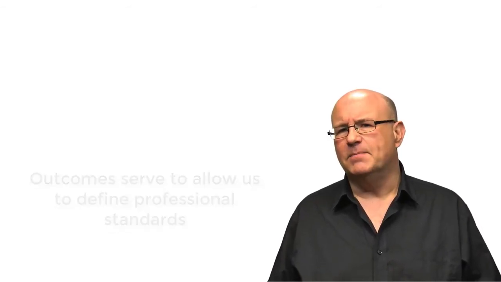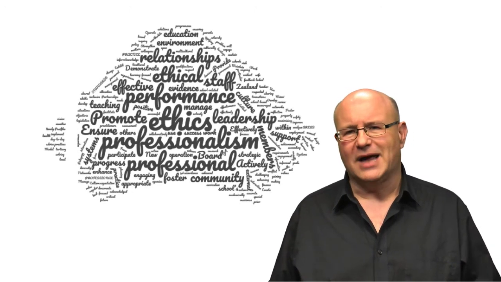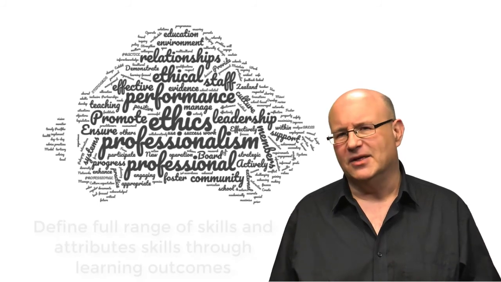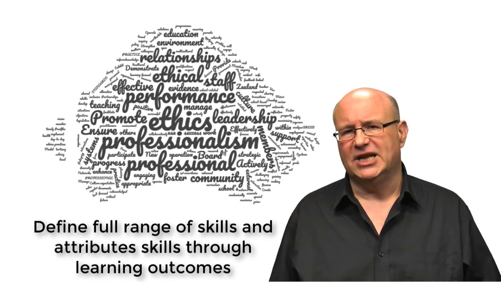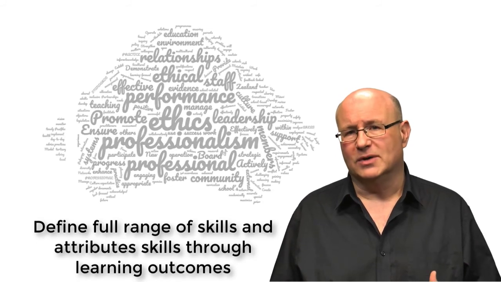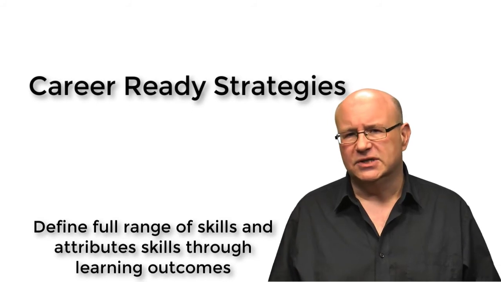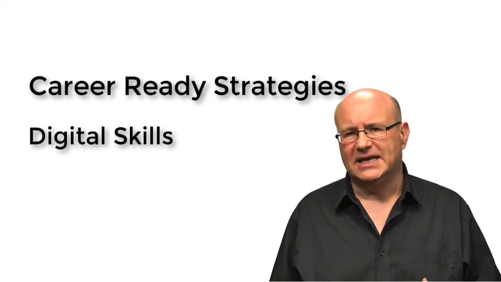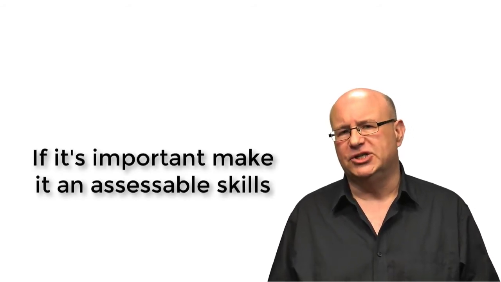The reality is that many of the professional standards are a mixture of skills, competencies, and attributes, often all jumbled up together. Our argument is that the full range of skills should be established in a module or programme outcome structure. So all of the career-ready strategy elements and digital skills targets can and should be mapped against a full range of learning outcomes. If it isn't going to be assessed, it won't be taken seriously by students. It's important to design modules and programmes following an appropriate structure,